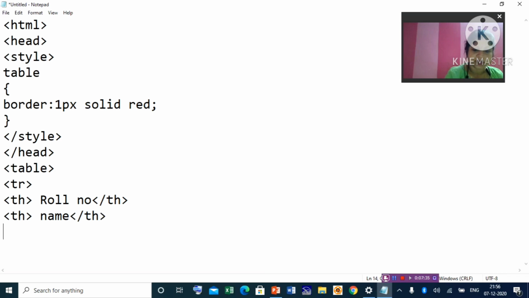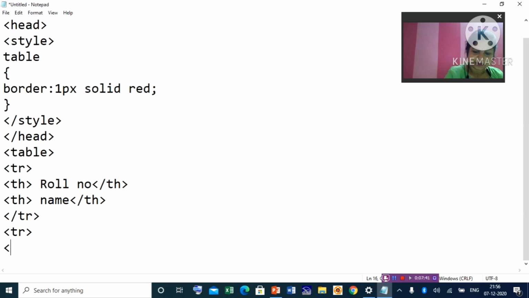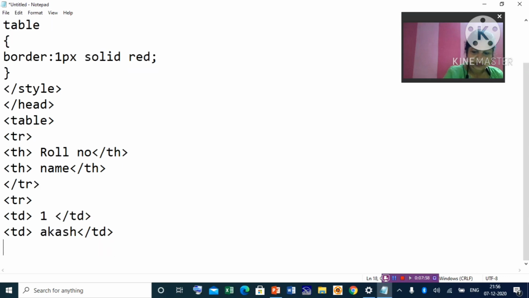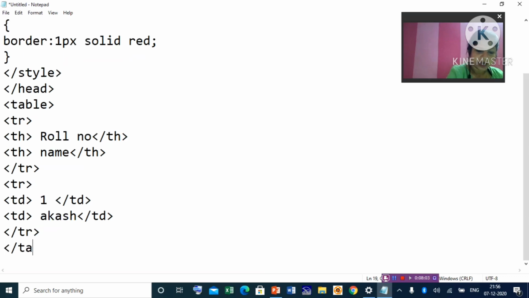This is the first row, the heading row of the table, tr. Then another tr started. Then close this tr. One table I have created with the table tag.